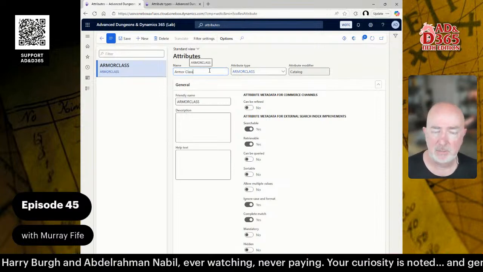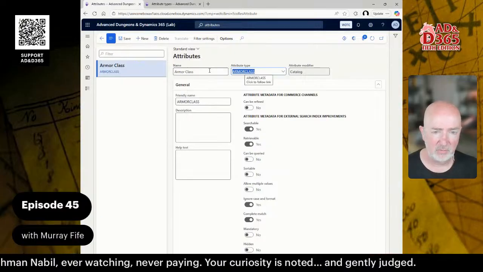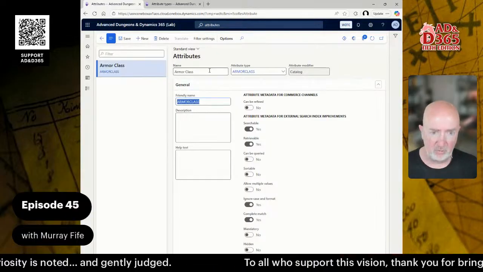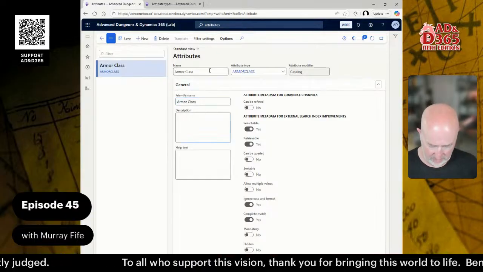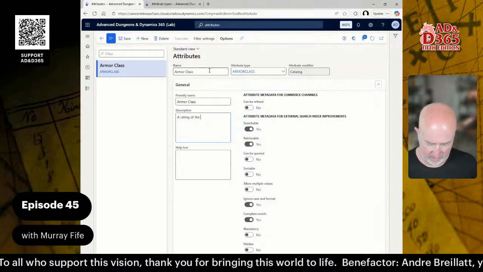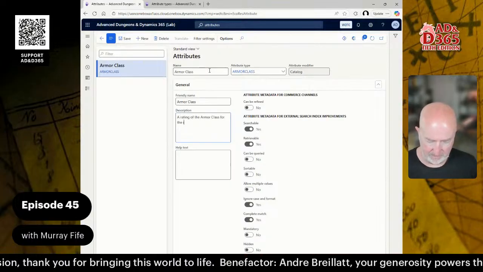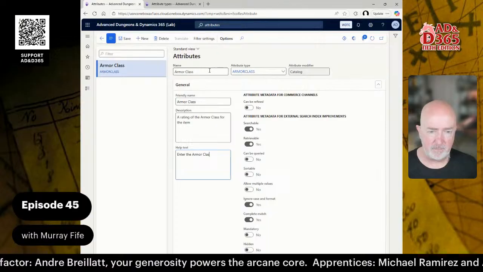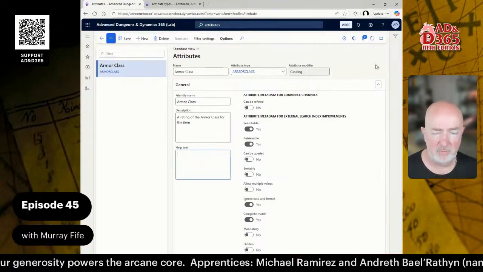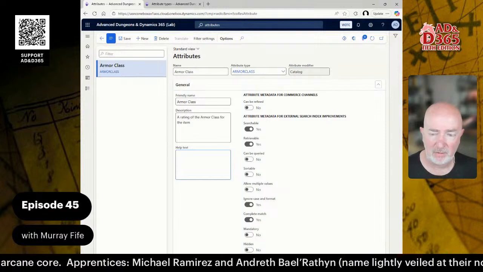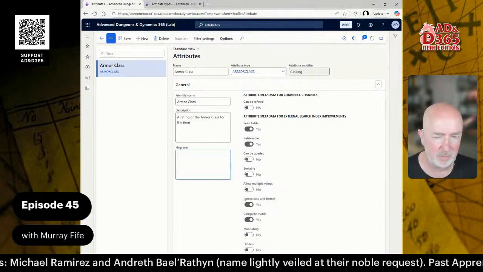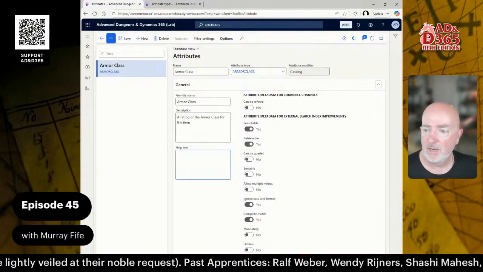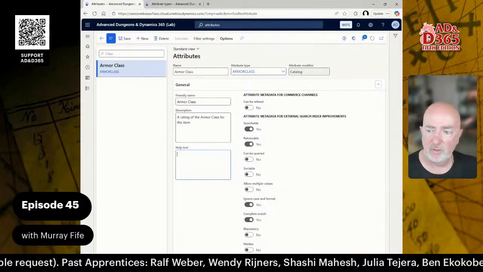But I'm going to give the name a sentence case instead of the full upper and lower. And then the friendly name is going to be armor class, a rating, the armor class for the item, and I'll leave the help text empty for now. So now that we've got the armor class configured, then